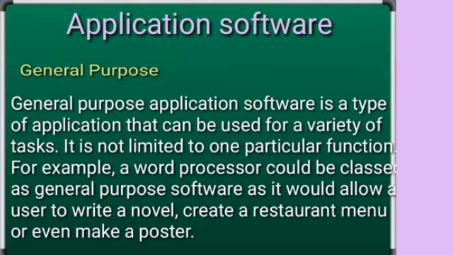Now the next part of the software is application software. It is further categorized into two types: general purpose and special purpose. General purpose software helps you to do a variety of applications, or different kinds of tasks can be performed using these kinds of software, like a word processor, or PowerPoint or Excel, which are helpful for designing. Word is helpful for creating a document, or writing a novel. With the help of presentation software, you can design a presentation, or in Excel you can do some kind of general work such as calculation. So these all are categorized under the general purpose application software.